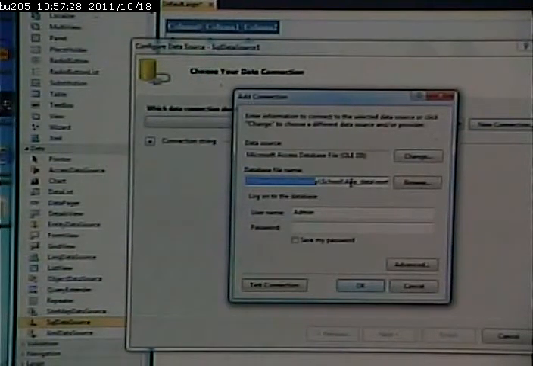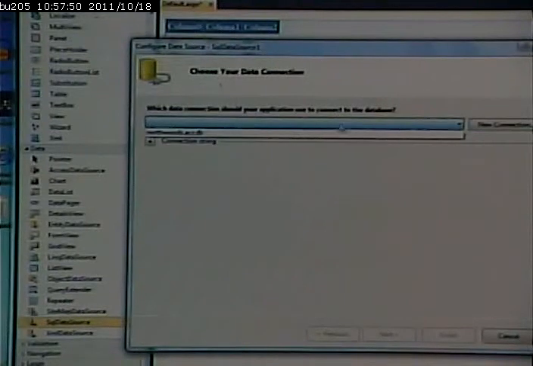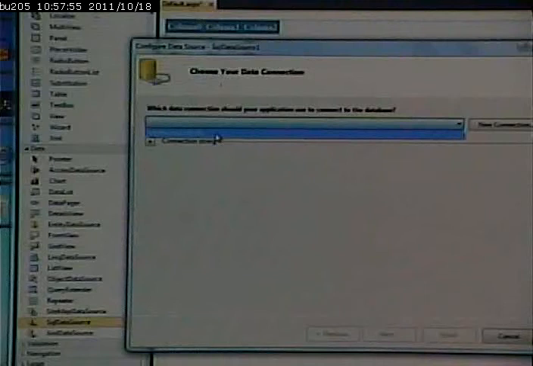So you don't want to do that. I'll actually show you the result of this, and if you happen to do it wrong, I'll show you how to correct it. But you don't want to go and say create new connection and then walk through the wizard's process. All right? So what do you want to do? Well, if you click on the drop-down, it knows, because that's in the app data folder, that that's a likely thing you're going to want to create a connection to. So you can just click that,